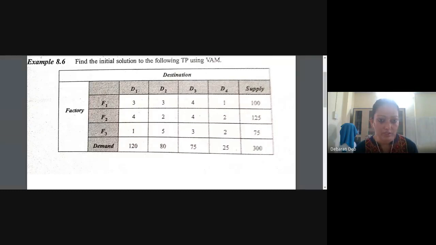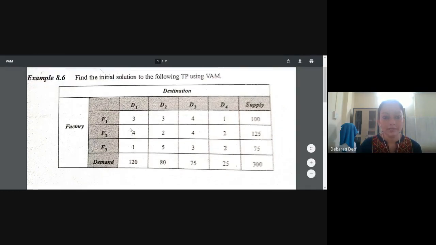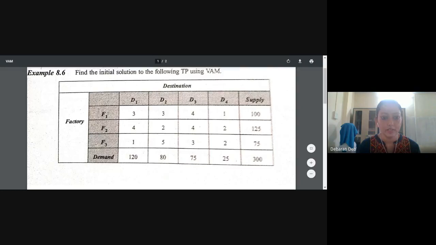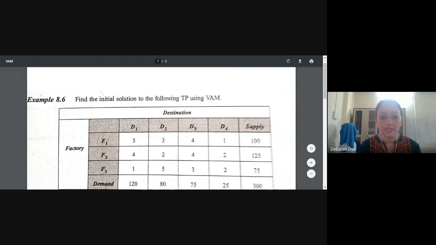Make the different allocations separately. We'll not do it in a single file, and after making all the allocations we can show it in a single table, but we have to show all the allocations depending on the marks. If it is only 4 marks, then you should not do it, but if it is more than 6 marks, if it comes for 12 marks, normally it will come for 12 marks only, then you have to show all the steps. So it's better to practice by writing all the steps and then showing the final feasible solution in a single table after allocating everything.